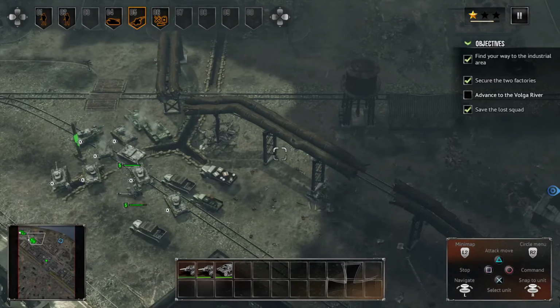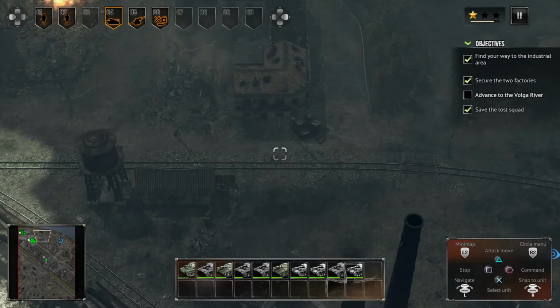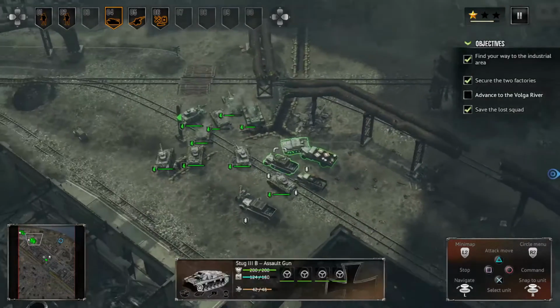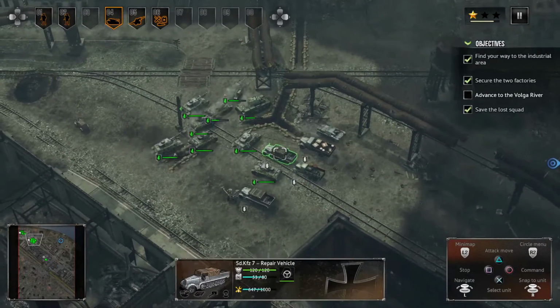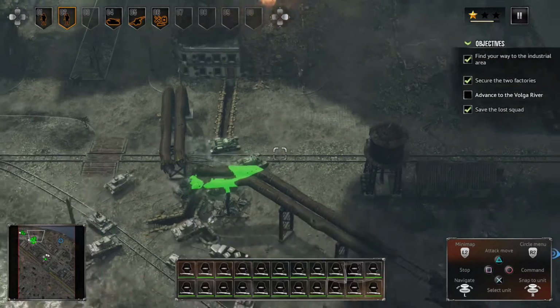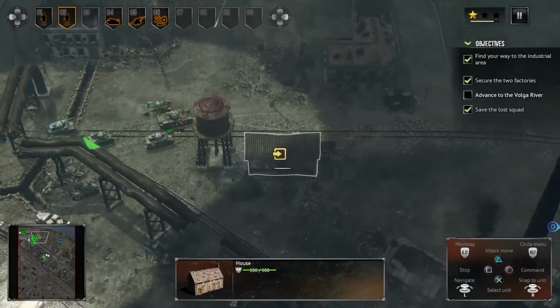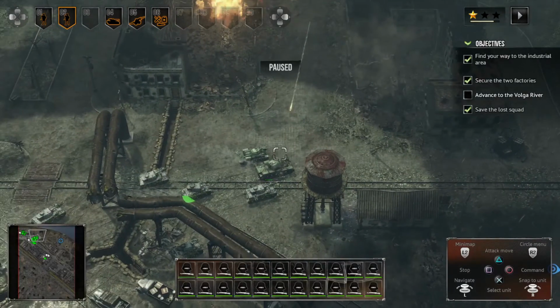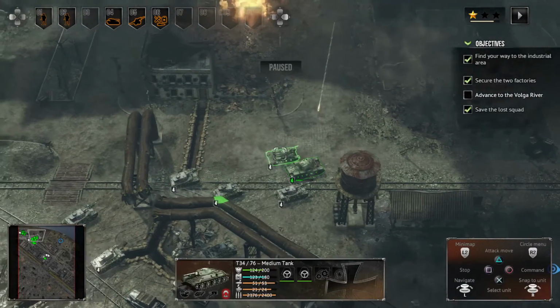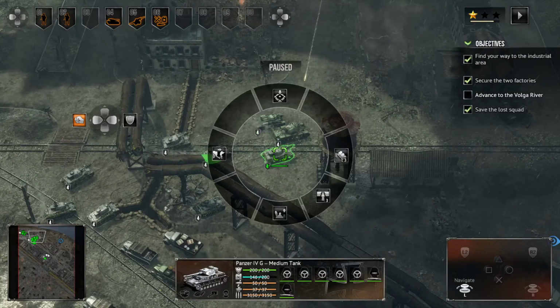While we're doing that, I'm gonna take 4 and send them this way. 2 is gonna go this way as well. 2 is gonna go right here. So this is what I was worried about. That's okay. We've got smoke grenades, I believe. Well,